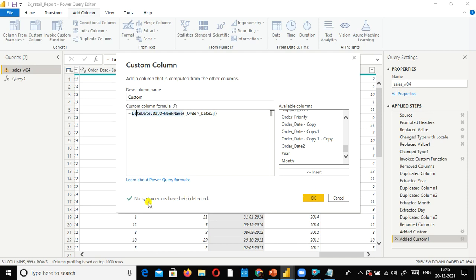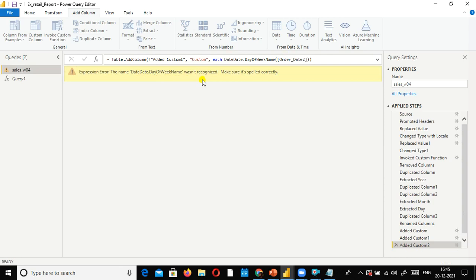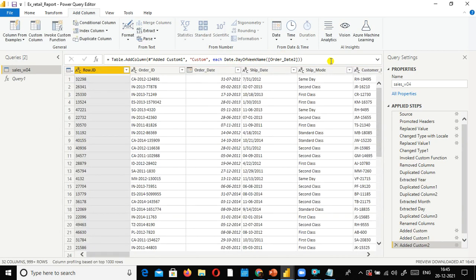If I select it, see here, though it shows no syntax error, if I select it, it will show you to make sure it's spelled correctly. So what you do is, when you look at this, you should be able to understand: oh man, I mistakenly typed it 2 times. It's supposed to be like this, date dot day of week name. Okay, when you press enter,